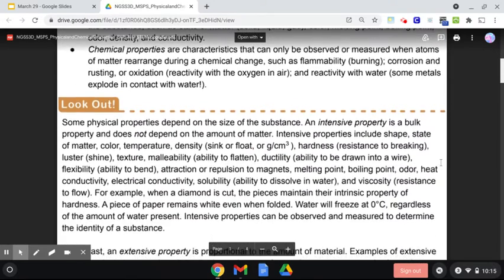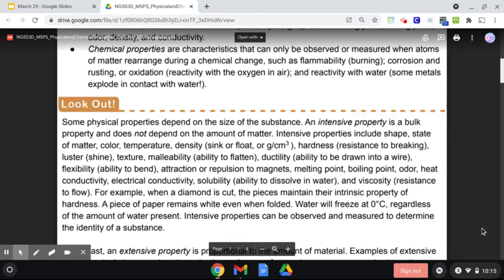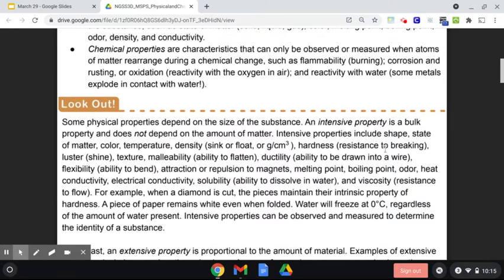Look out! Some physical properties depend on the size of a substance. An intensive property is a bulk property and does not depend on the amount of matter. Intensive properties include shape, state of matter, color, temperature, density, sink or float, hardness, resistance to breaking, luster, shine, texture,